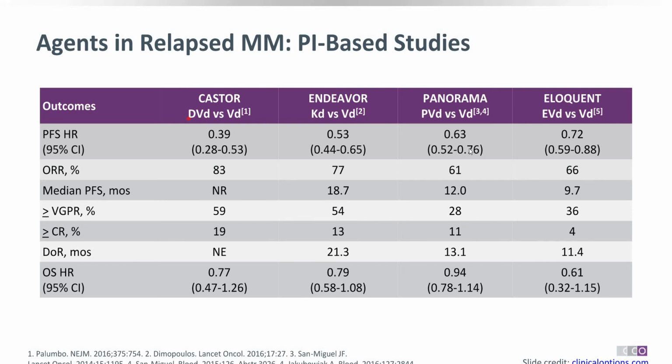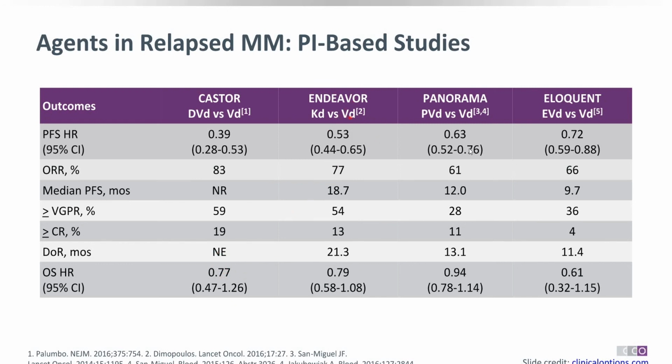Only problem is that this is very costly. So very few patients can afford this daratumumab. It comes as Darzalex. So good drug. Darzalex with Veldexa, 83% overall response rate. Very high response rate. And PFS is still not reached in the Castor trial. And more than 19% of patients have CR. So around 20% CR rate is quite significant. So the DVD regime, daratumumab, Veldexa, is a very good regime, and duration of response is still not achieved right now.